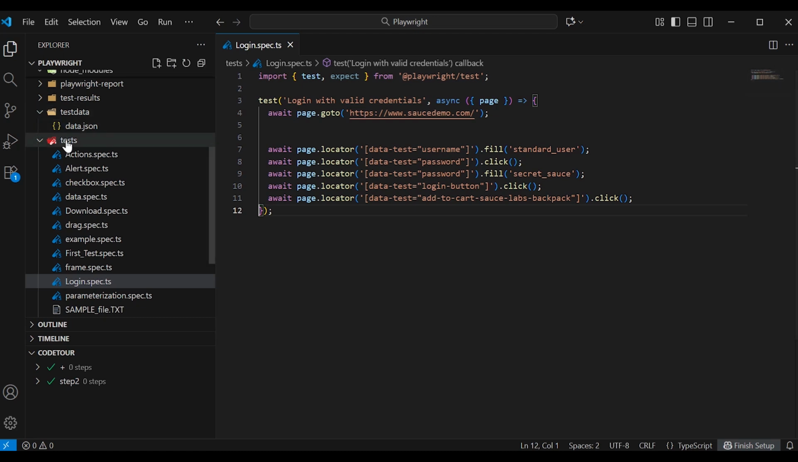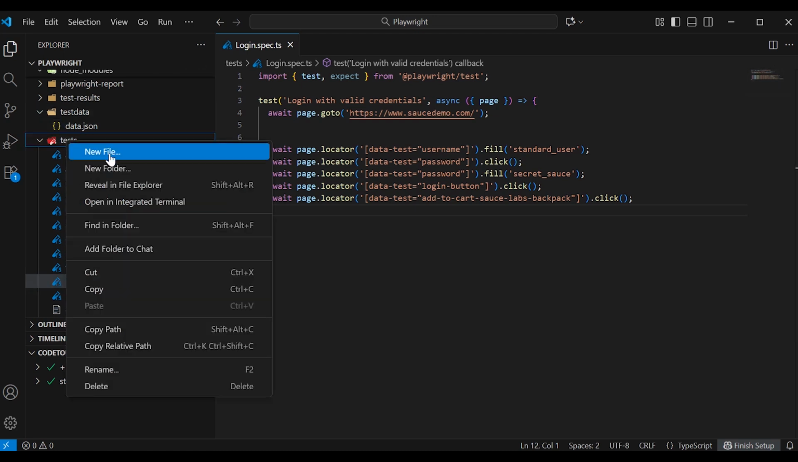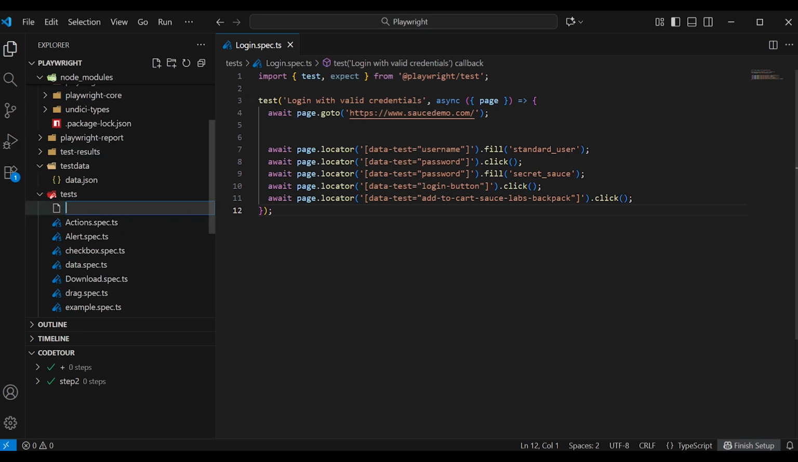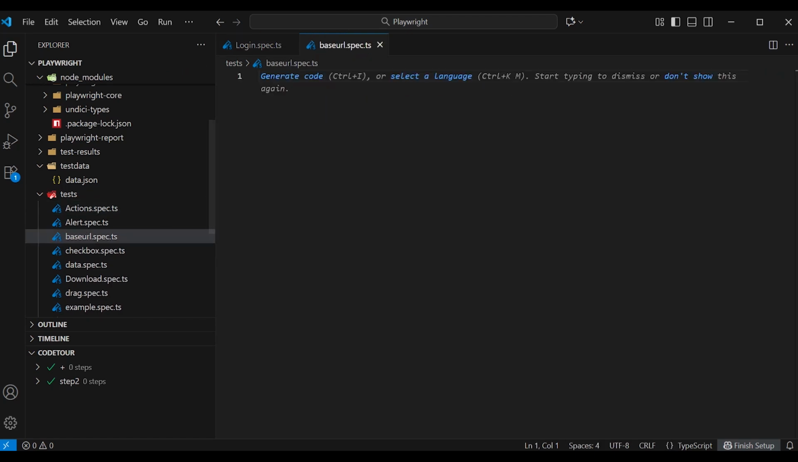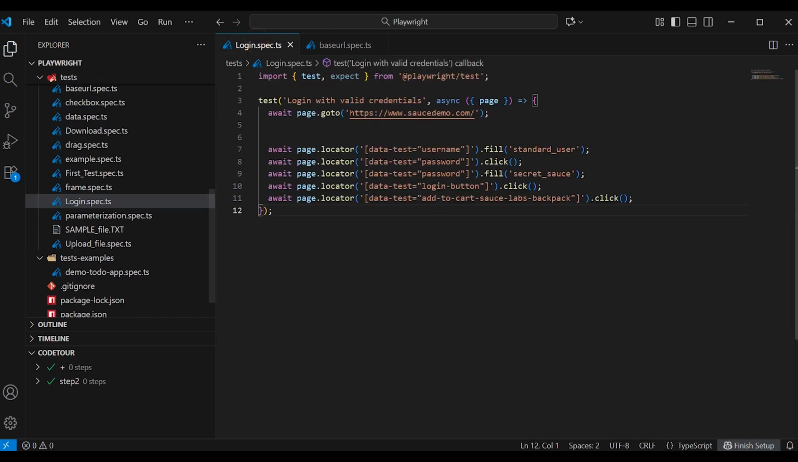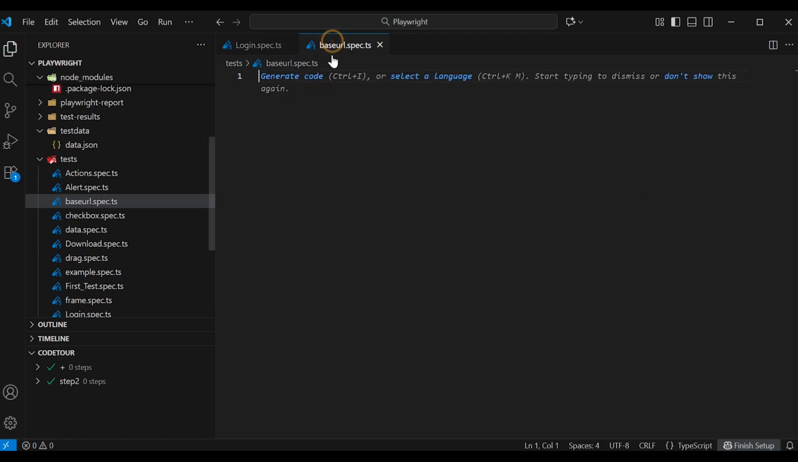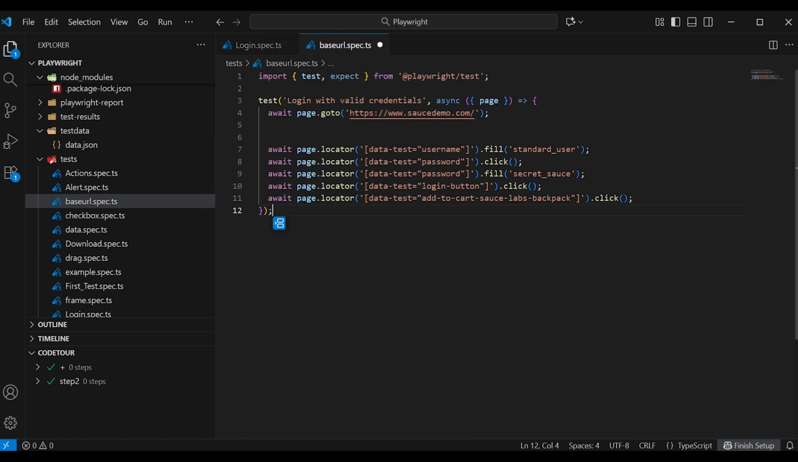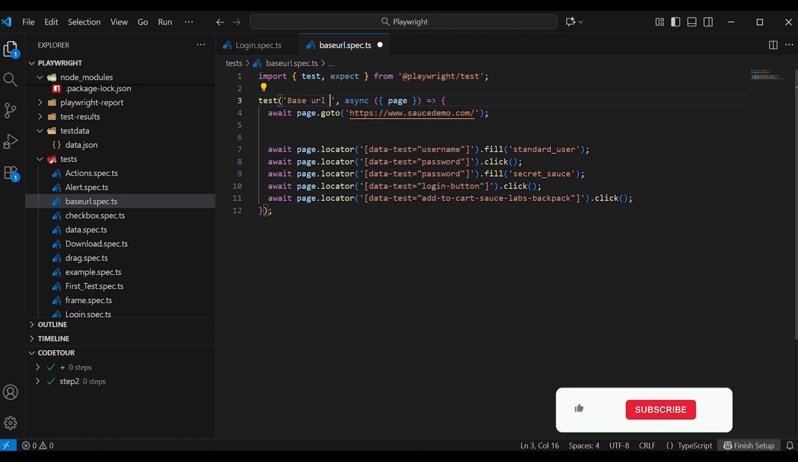Create a new test file. Right click on the test folder, new file, and then enter the file name baseurl.spec.ts. This is our test file. Copy this one and enter here. Remove this one and change the test case name to base URL